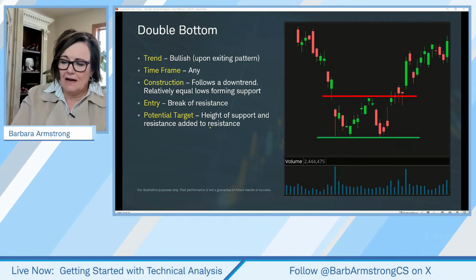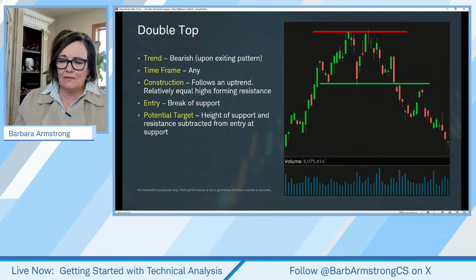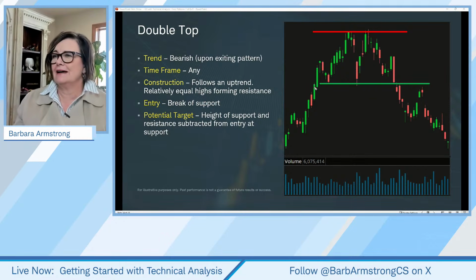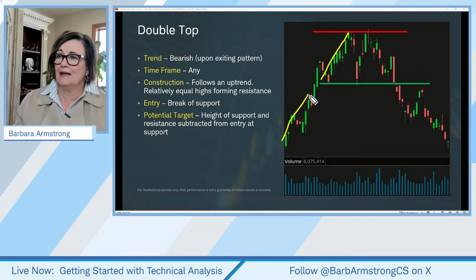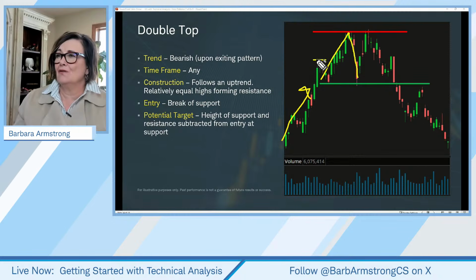Okay. And I'm going to back up for one second here because we started with the double top and somehow it skipped ahead. This would be a bearish pattern where something comes up, hits a high, it's been uptrending, hits a high, and then it starts to pull back. In the beginning, you may think, ooh, this looks like a bull flag.